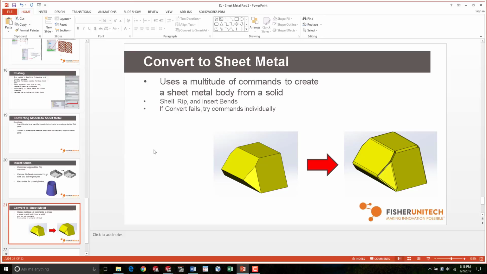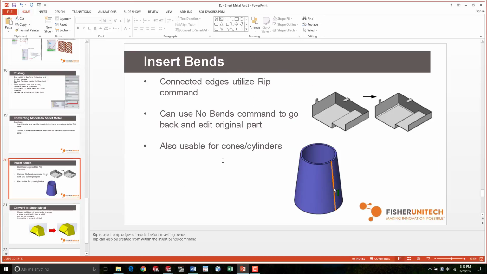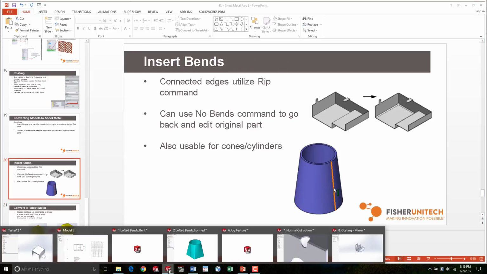one thing to note is if you're trying to get your CSWP sheet metal certification, this is going to be one of those things on there. It's going to use a multitude of commands in the background. So what it's basically doing is taking this part and then shelling it, ripping whatever edges you have and adding bends all in one step. So if this thing ever fails, you can always just try and do these things one at a time, start shelling it and then going at it. But that kind of brings you back to this insert bends method, which isn't really all too helpful. So